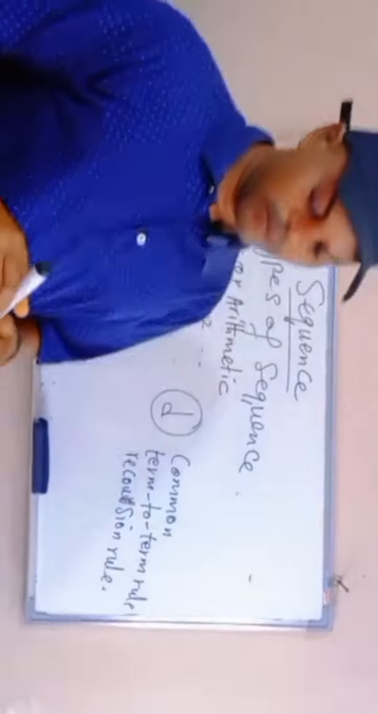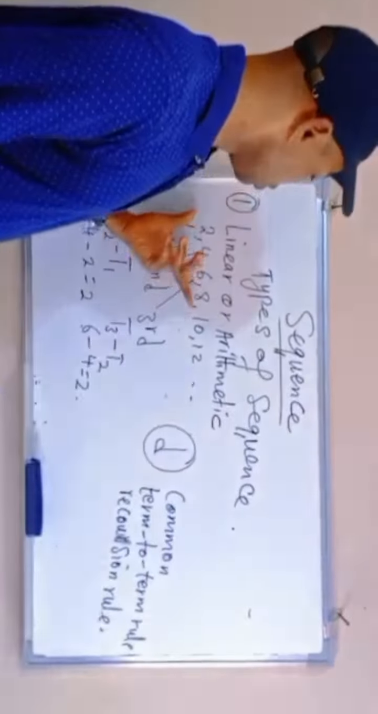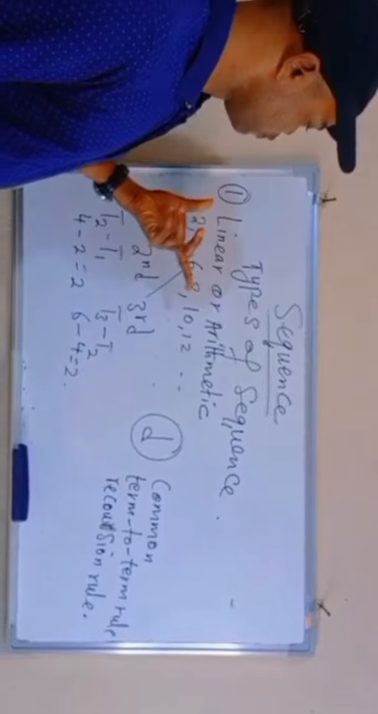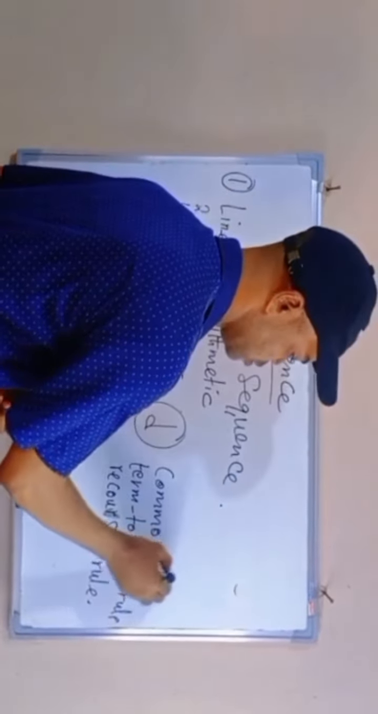So, irrespective of the terminology being used, don't be confused. The difference between each member or term of a sequence is called the common difference. Either you call it the common